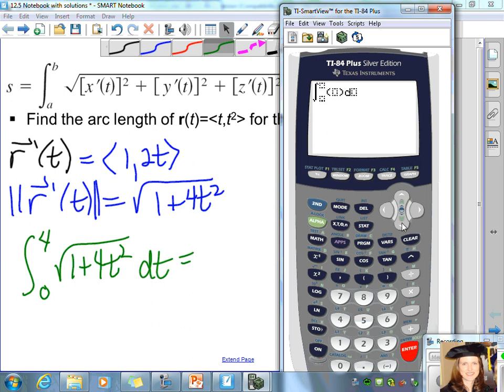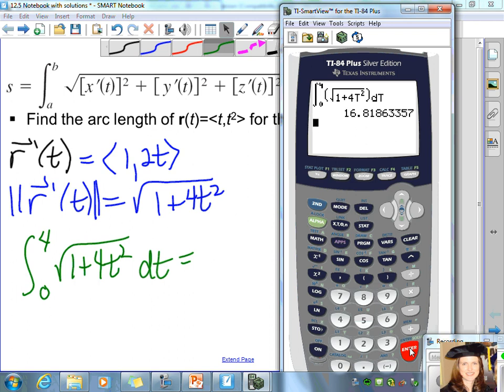I'm going to set my lower bound and upper bound to be from 0 to 4 using the arrows, and determine an approximation of